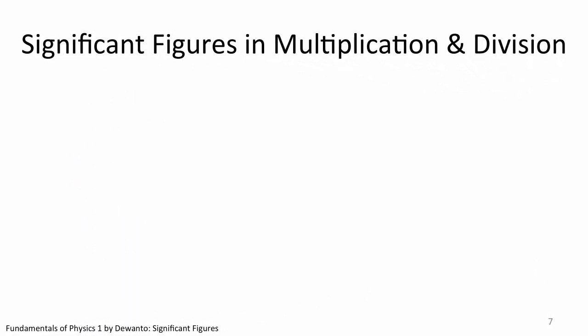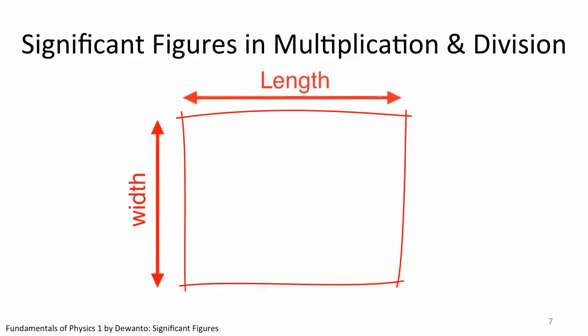We have learned how to count significant figures in a physical quantity, but in physics, we will definitely operate one quantity with another. For example, upon measuring the length and the width of a surface, we are interested to find out the area or the length to width ratio of that surface. So what happens when two physical quantities with different significant figures are multiplied or divided together?